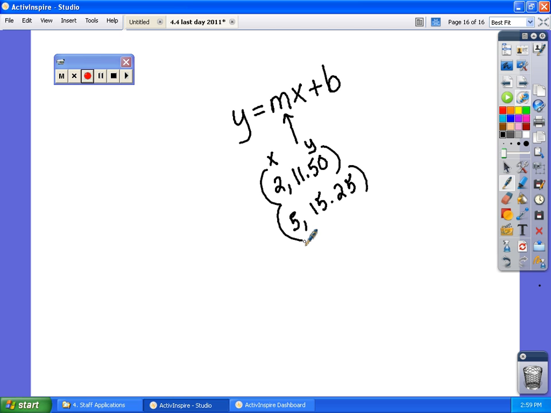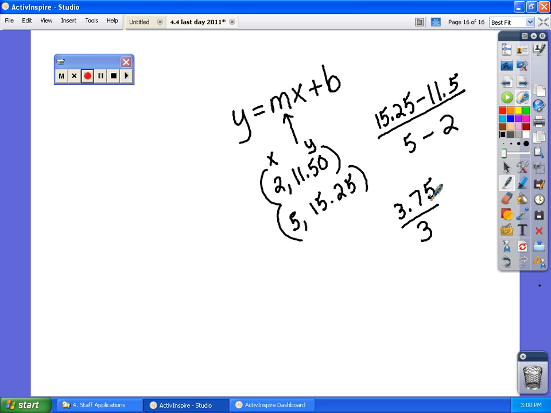So first thing I'm going to do is find the slope. So I'm going to do y minus y over x minus x. And when you subtract the x's, you get 3. And then 15.25 minus 11.5 is 3.75. And then when I divide that by 3, you're going to get the slope, which is 1.25, which that's going to tell you right then and there that it's $1.25 per topping. So all of a sudden I have